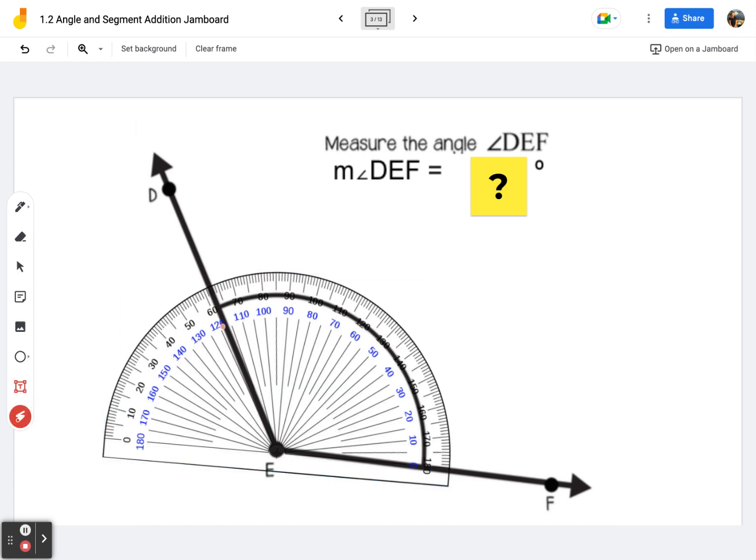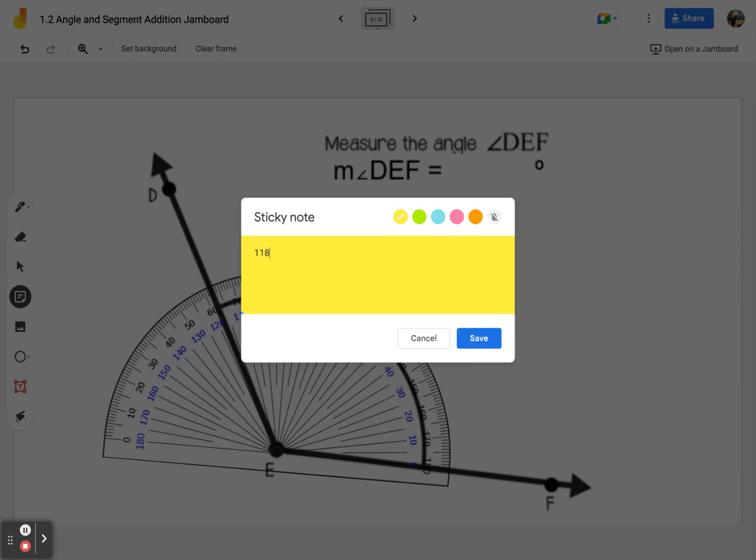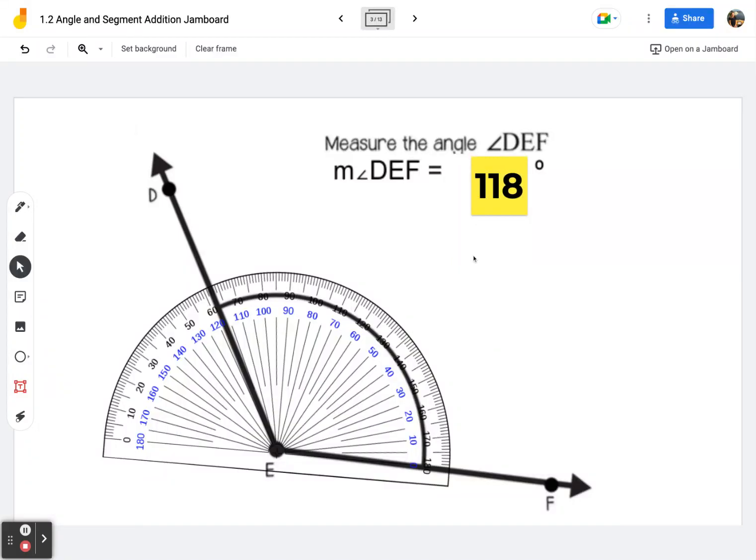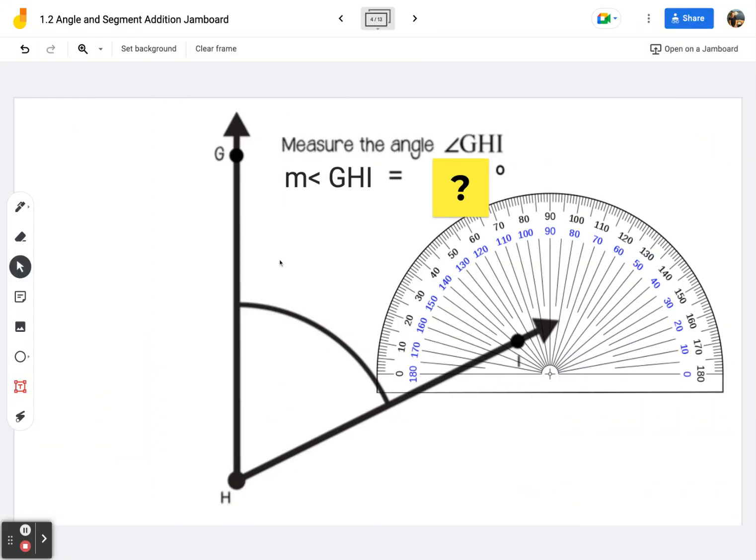this obtuse angle is somewhere between 110 and 120, 120 being here. So let's call it 118 degrees. It looks like it's 2 degrees less than 120. So that will be 118 degrees. And then we go on and we look at an acute angle,